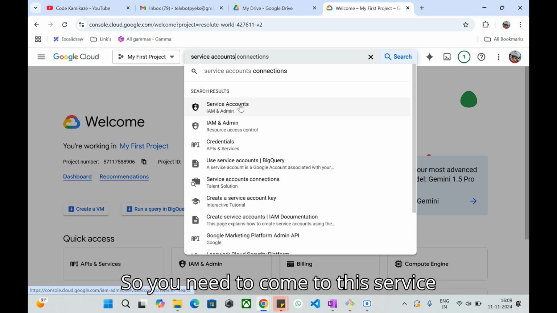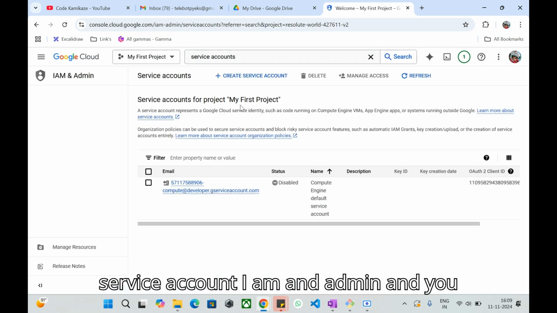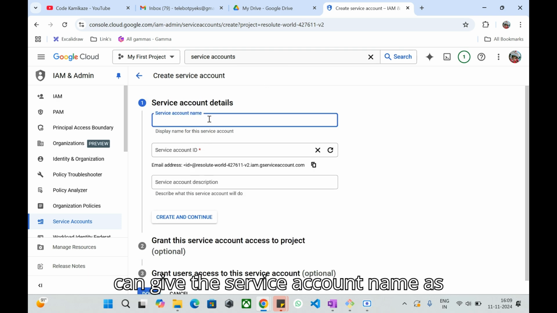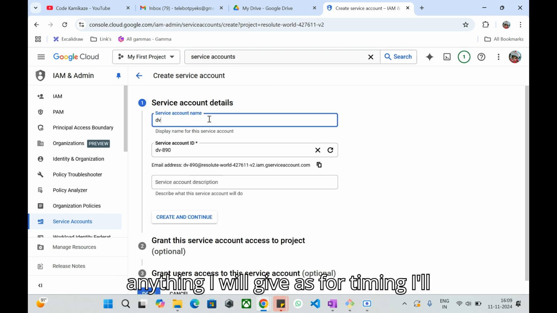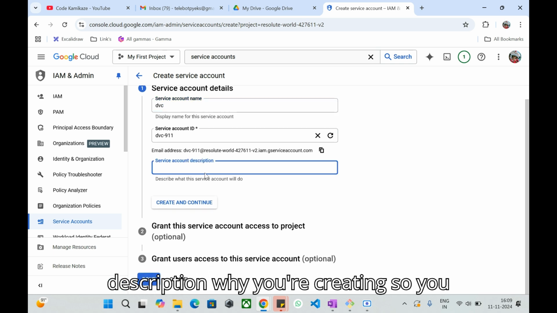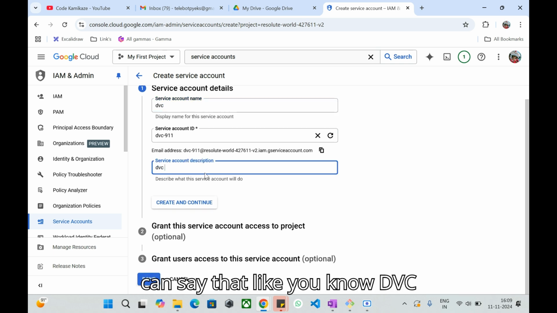So you need to come to this service account. I am an admin, and you need to say create service account. You can give the service account name as anything. I will give it as DVC, and you can give a description of why you're creating it. So you can say DVC